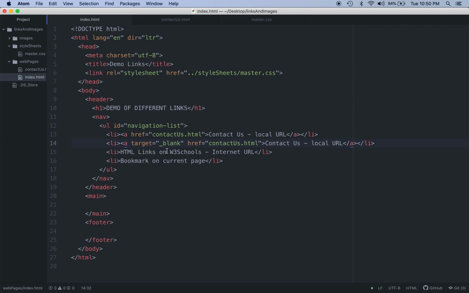Okay, so a good use case for this might be, I don't want you to leave my site, I want you to stay on my site, but I'm going to provide a reference out to an external URL, like in our next example where we're going to link to W3 Schools. So I don't want you to leave my site, but I want to provide a reference to some external site. I might use that target attribute to say, hey, I want you to stay, I want the current tab to stay where it is, but I also want you to be able to navigate out to this external URL. So I'm going to open that in a new tab for you. Okay, so not necessarily a great use case for local URLs, so I'm going to get rid of this, but